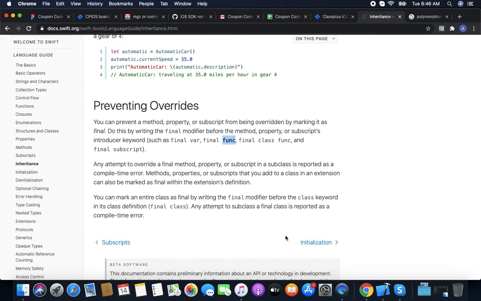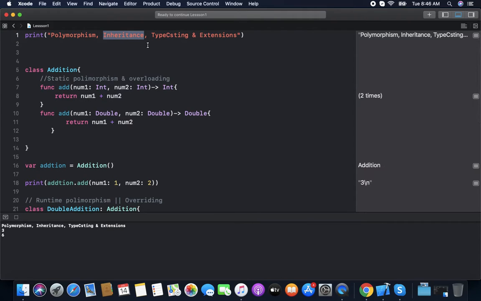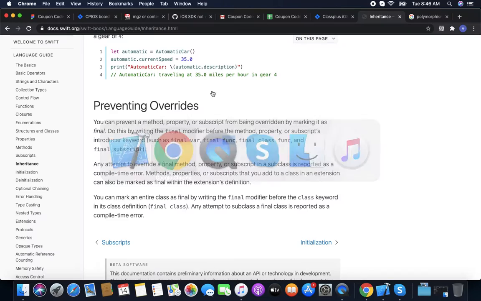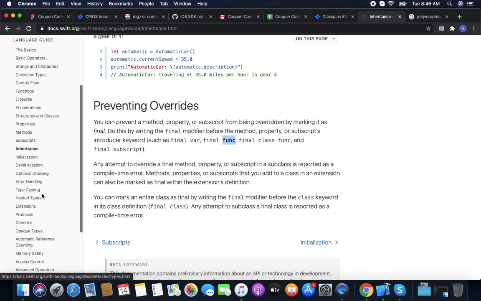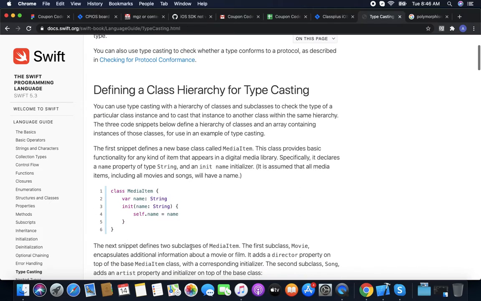Now we have read these two things, polymorphism and inheritance. Now we want to know about typecasting. Typecasting is a way to check the type of an instance or treat that instance as a different subclass or superclass from somewhere else in its own class hierarchy.